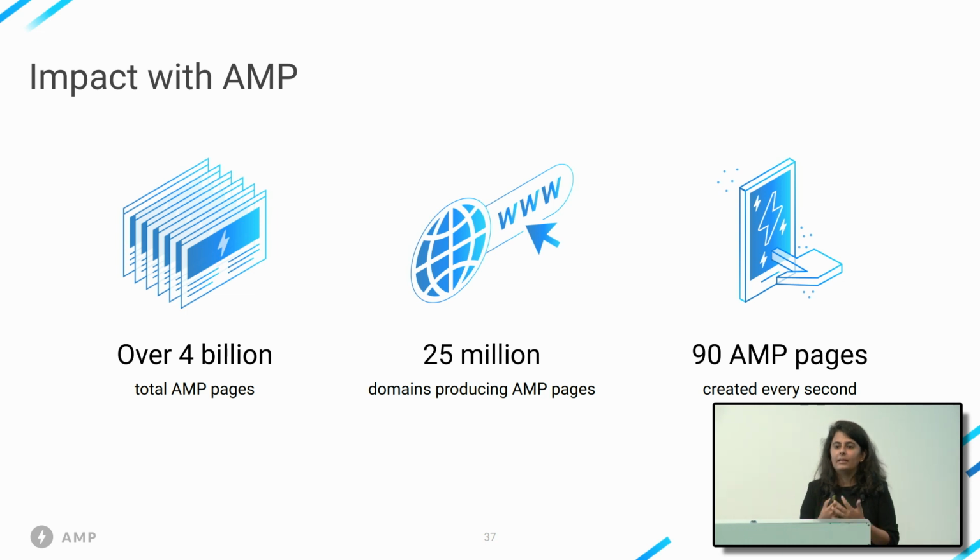And the impact that AMP has is the greatest case for actually contributing to AMP. This slide is a bit old, but currently there are over 6 billion AMP pages out in the wild. Over 25 million domains are hosting these 6 billion pages. And people are creating 90 AMP pages every second, which means if you create a component that really gets traction, it's going to be used in a large amount of the web as well, which means you can go from creating a very simple PR, a very simple fix, or a very simple feature to having great impact very quickly.